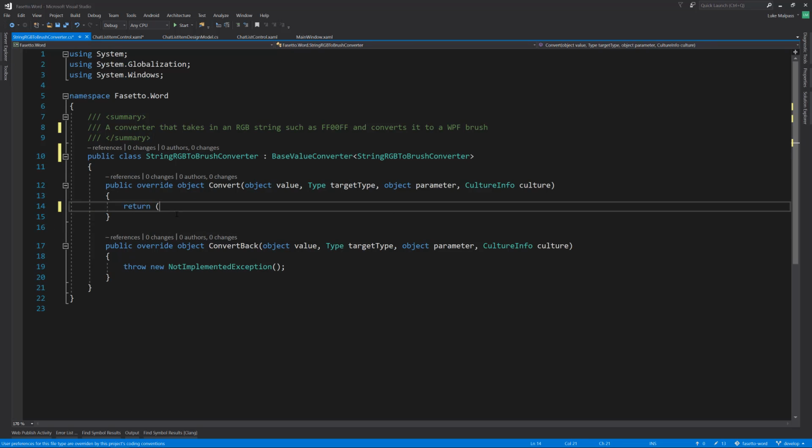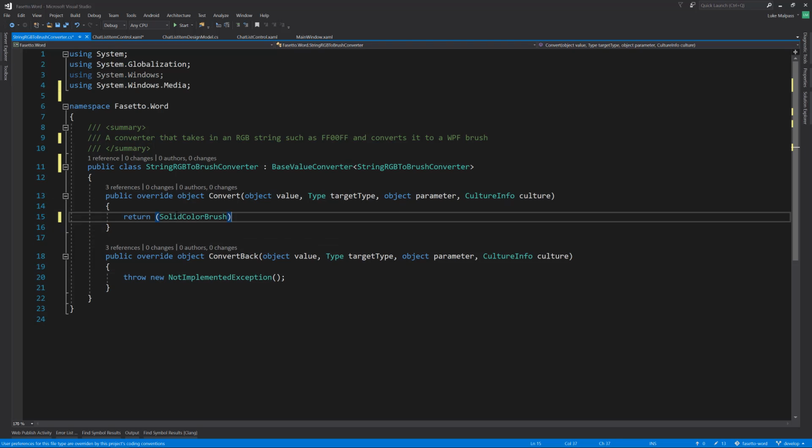So return a solid color brush, which is what we want. There's going to be a new, I think it's called a brush converter. Yep, make a new brush converter and convert it from, and this will need to be a string, and in that string it starts with a hash, because all RGB colors start with a hash, or a pound as you Americans watching call it, and then the value we passed in,